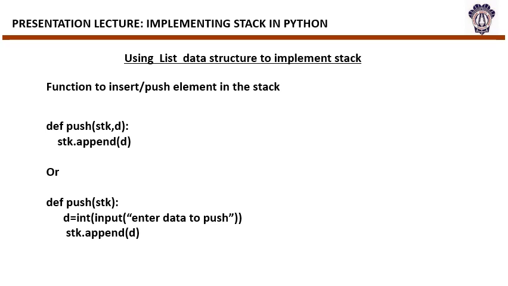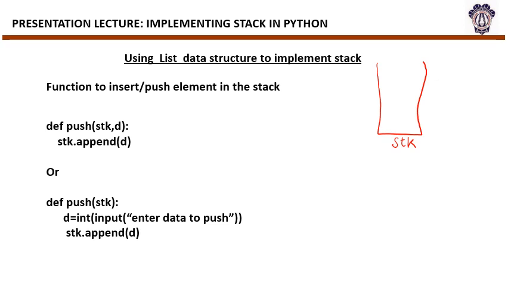Now we'll be performing various operations on stack using list. You're already aware that list is a mutable data type in Python. Now we assume list is a container. We are assuming initially our container is empty and we name this container as STK. So the name of the list is STK. We are assuming it as a container. Initially we are assuming stack is empty.